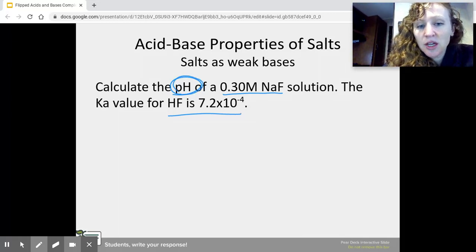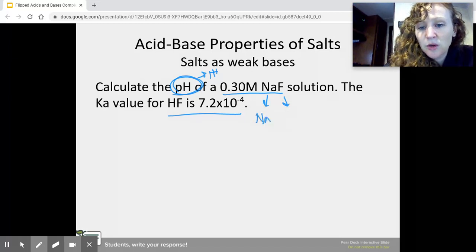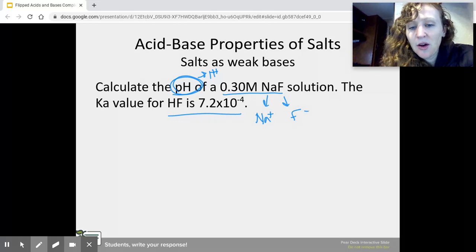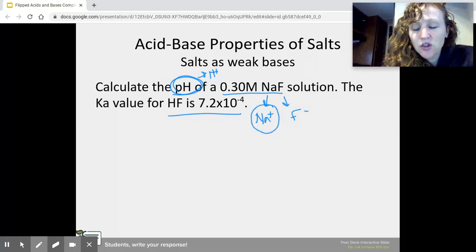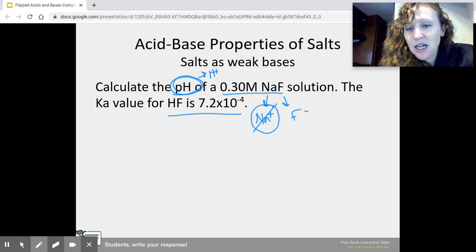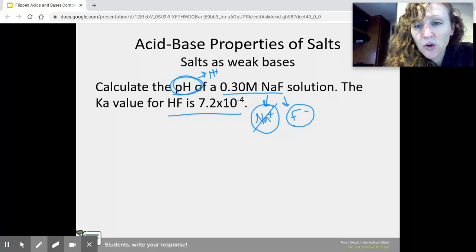So I want pH. I'm going to have to get to H plus concentration. So NaF is going to be a soluble salt. It's going to split into Na plus and F minus. Now, Na plus is the conjugate of a strong base. It's going to be a useless acid, so I can ignore it unless it's convenient to me. F minus is the conjugate of HF. HF is a weak acid, so F minus is going to be a weak base. So I need the